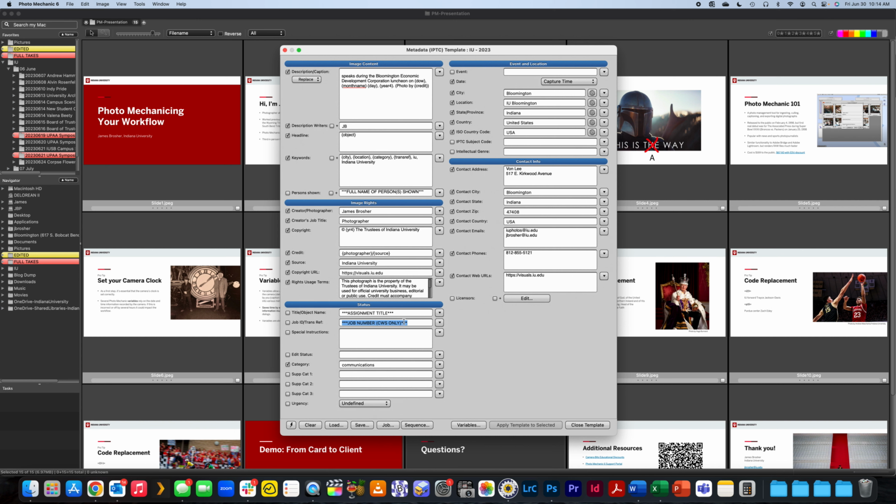Photo Mechanic won't print an empty variable, so that'll just be a blank spot, or it won't show up in the final thing. So don't feel like you have to go in and take that out if there's nothing in that field. You can just leave it as is. I'm going to go ahead and add in a few different